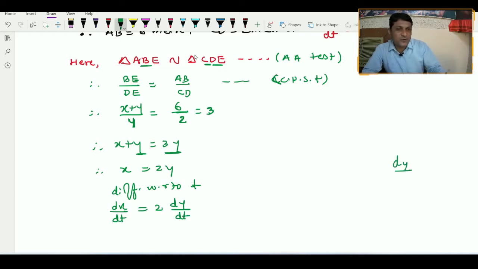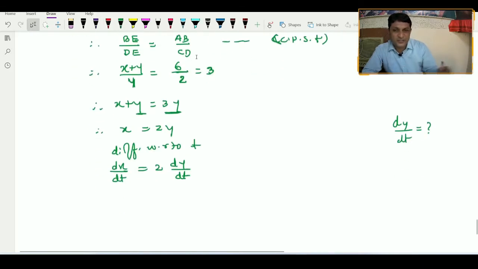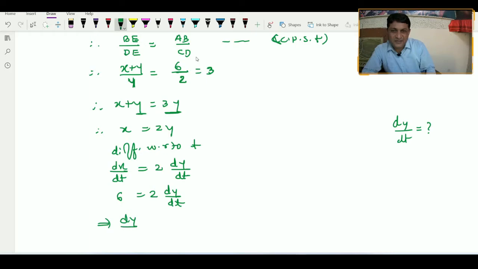And the question is to find out what? The value of dy by dt, isn't it? And what is the given condition? dx upon dt will be equal to 6 km per hour. So we are substituting the value of dx by dt equal to 6. It is given to us. So after simplifying, can I say that dy upon dt will be equal to 6